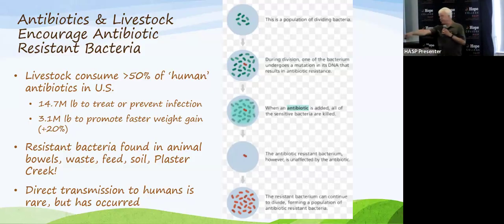So here's a big concern, and this is not exactly where you were thinking, but this is antibiotics in livestock. Part of the reason the animals are healthier in these CAFOs is, I mentioned, they have their own veterinarians, and so they're using a lot of vaccines on birds. There's a bird flu vaccine for birds, and they're using a lot of antibiotics in the case